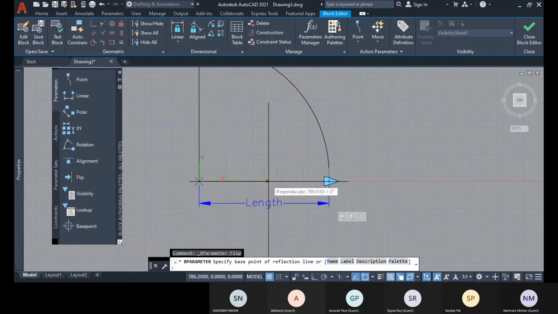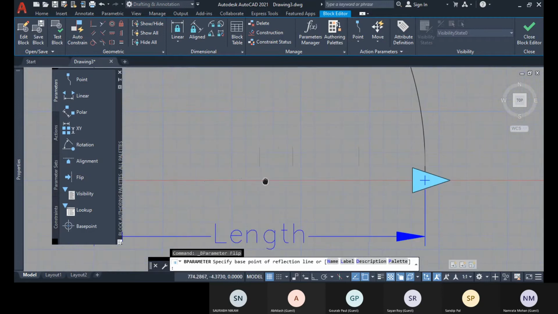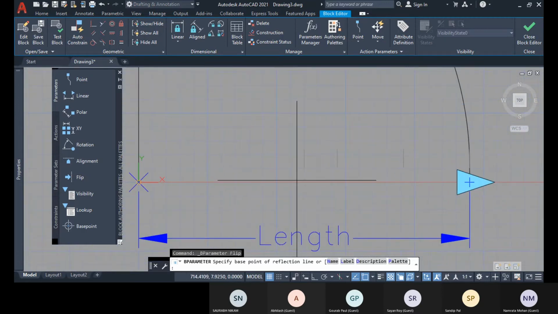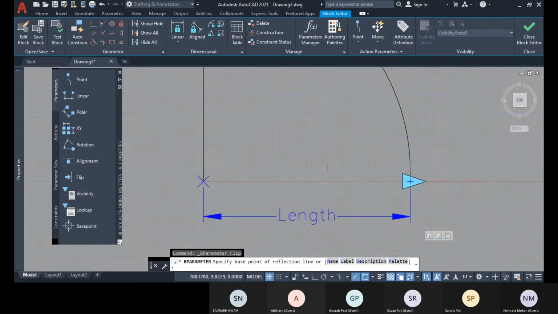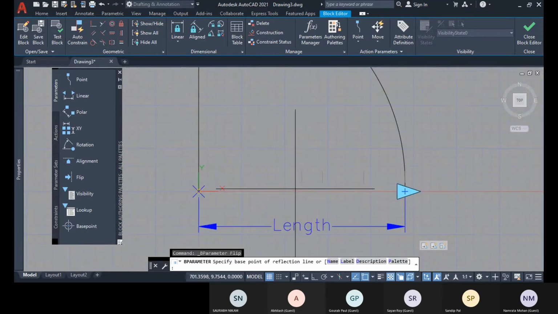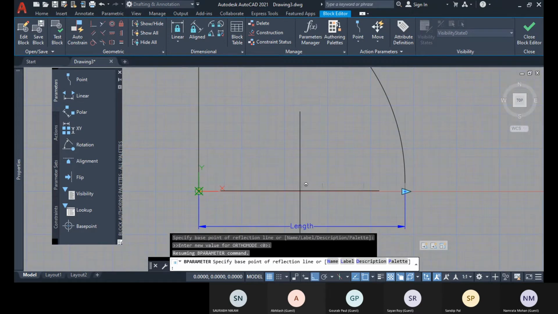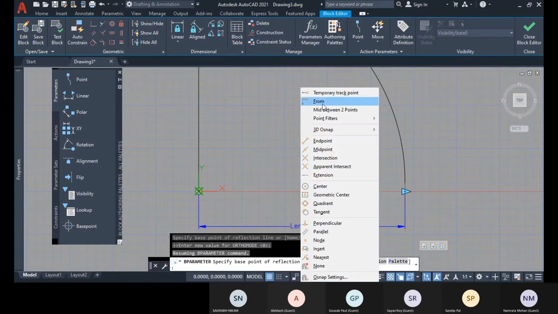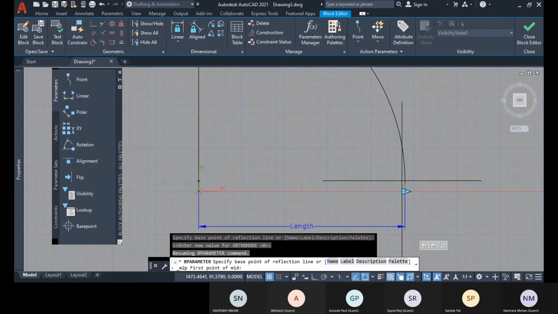See, I don't have any middle, any line or any object so that I will get the midpoint object snap. So how can I specify in the middle? For that, I have that option. If I hold shift and right click, I'll get the list of the snaps, right? There I have this mid between 2 points available.